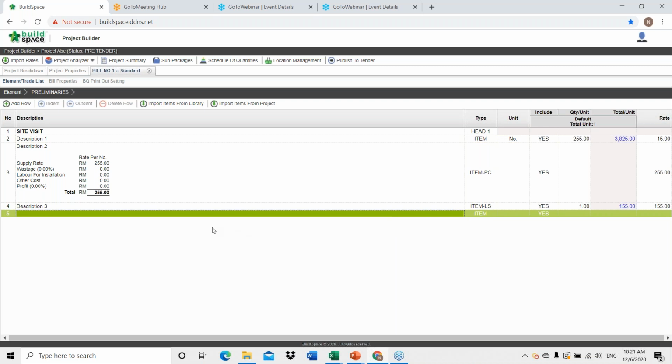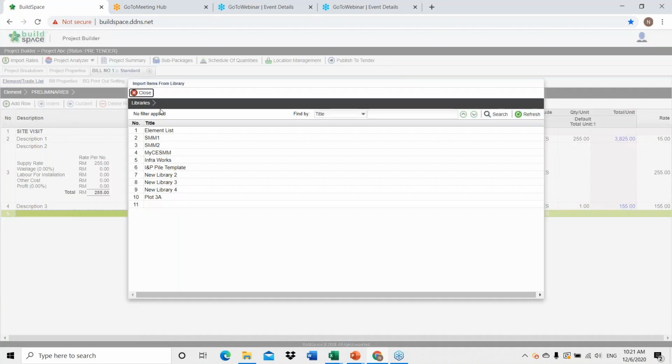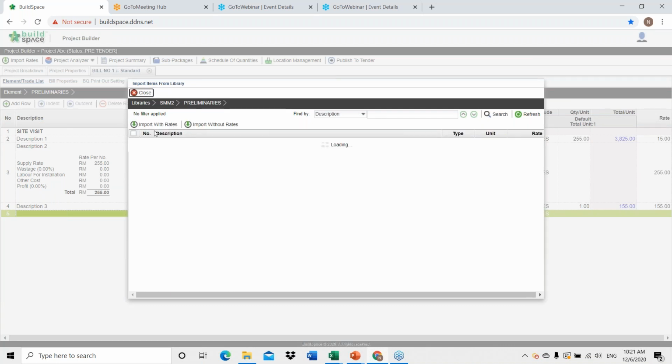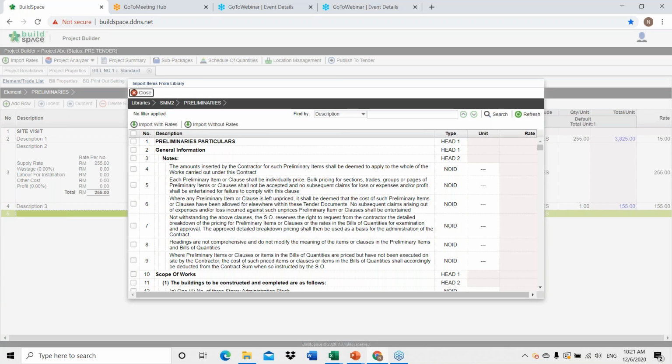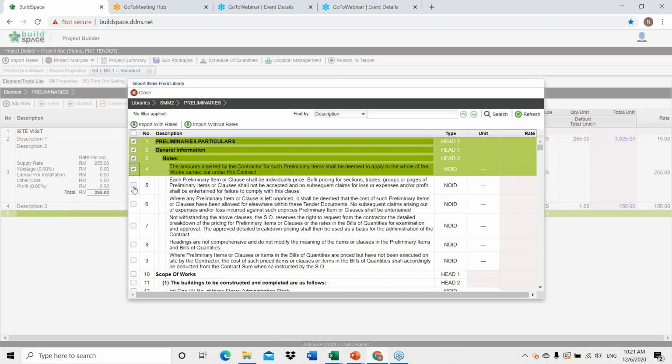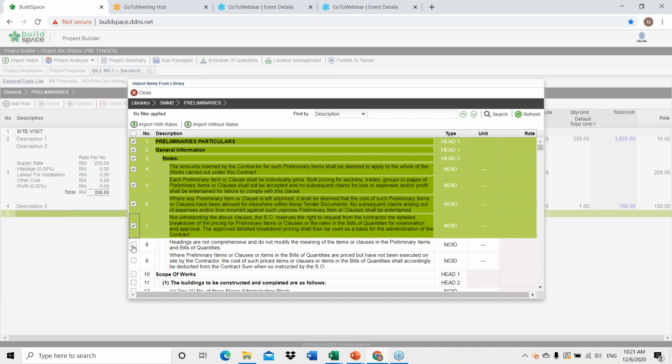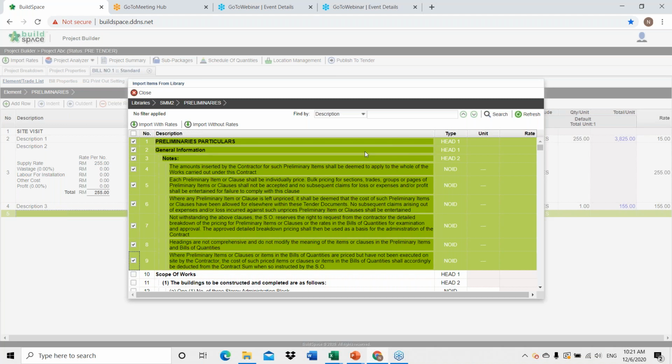Next, you can also make use of our library once again by clicking import items from library. Say for example the SMM2, choose preliminaries. Now you can see the checkbox on your left. So when you click, say you want to include all these items inside your description, inside your BQ, click all these items,